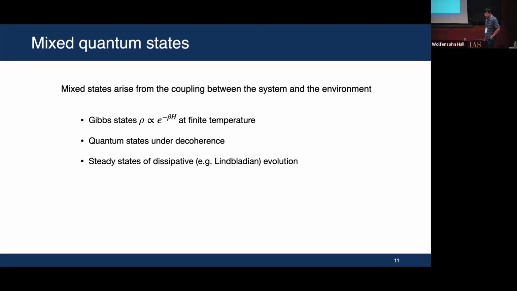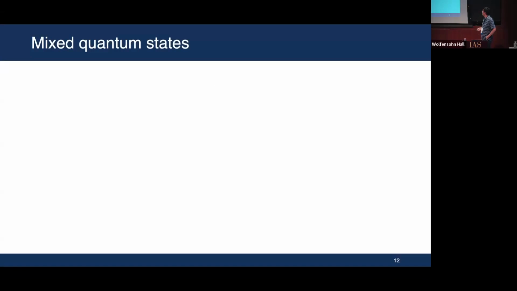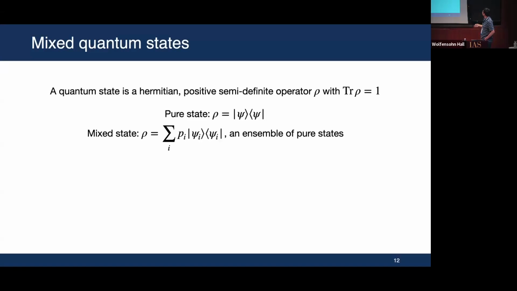Okay. And there are some well-known examples of mixed states. Gibbs states, of course, the thermal state is a mixed state. And you have steady states of some dissipative evolution, or you can just consider in general some quantum states, pure states, subject to some noise or decoherence. Okay. So these are not mutually exclusive, they are overlapping, but these are physically well-motivated examples of mixed states. Now, this is what I actually want to show by saying a few properties of mixed states.